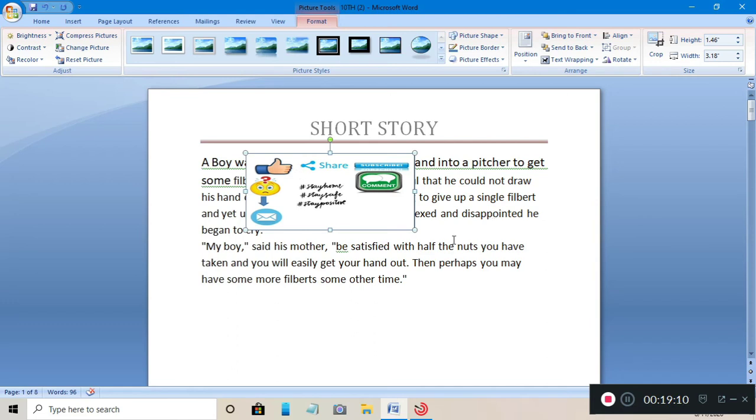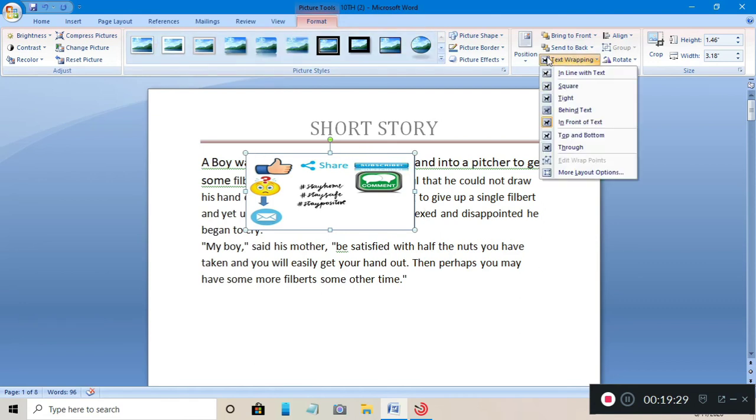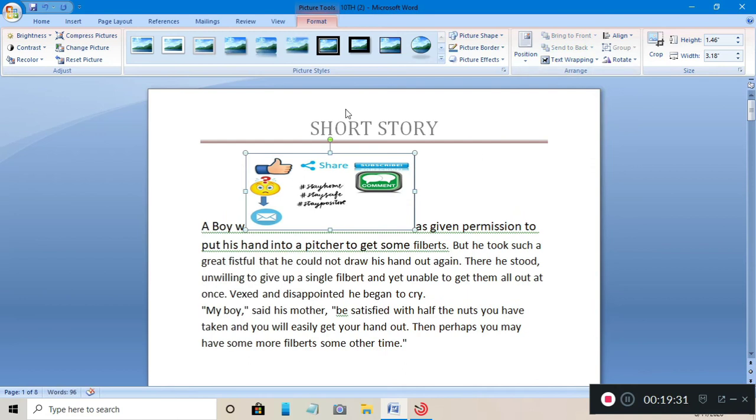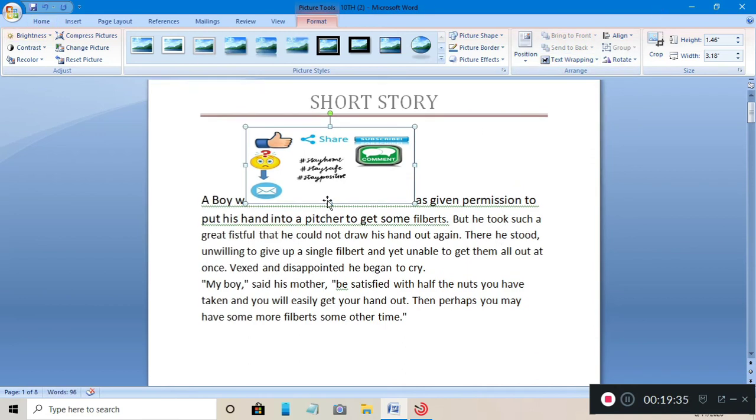The paragraph which we have written is going behind this image, and this image is coming upon the paragraph. This way it is called text wrapping, which helps us enhance our readability also. Now next is picture style. Before moving further, let me set it back to the normal way. This way we have done it normal.